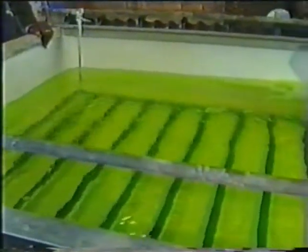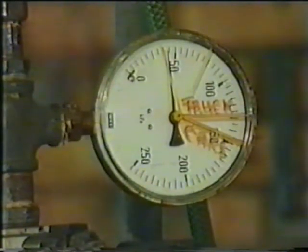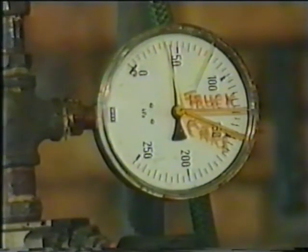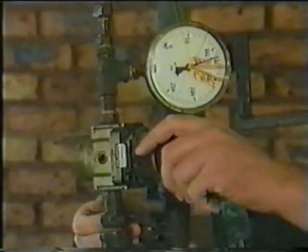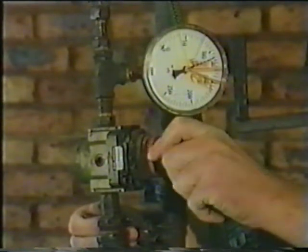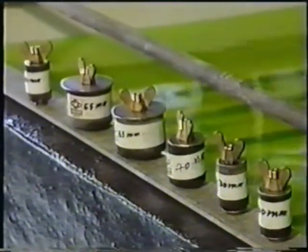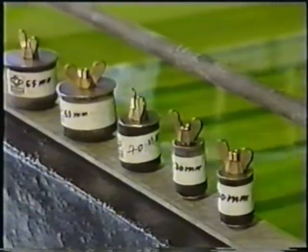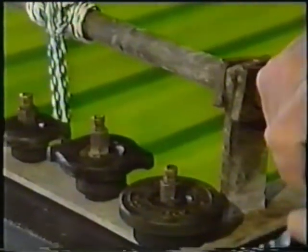And now for the test equipment. First, we need a good quality gauge with a full scale reading from 0 to 250 kPa. Also needed is an on and off valve and a regulator so that the test pressures can be accurately set. In addition, you need a range of test plugs to fit the various sizes of inlet and outlet pipes. Finally, you need a range of pressure test caps with snap lock unions to match the connector at the end